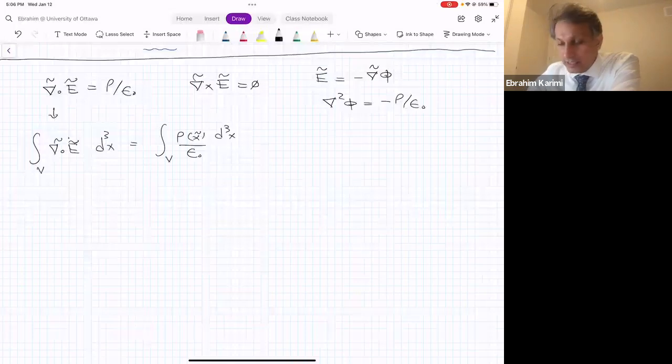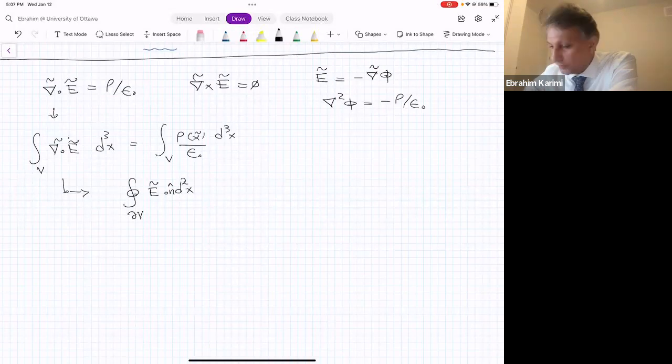Then, taking the divergence of E and using the Gauss theorem, you can bring the electric field to the surface. That becomes the integral of E dot the vector normal to the surface, d2x, on the surface, which is the boundary of the volume, equal to 1 divided by epsilon naught times the integral of rho of x